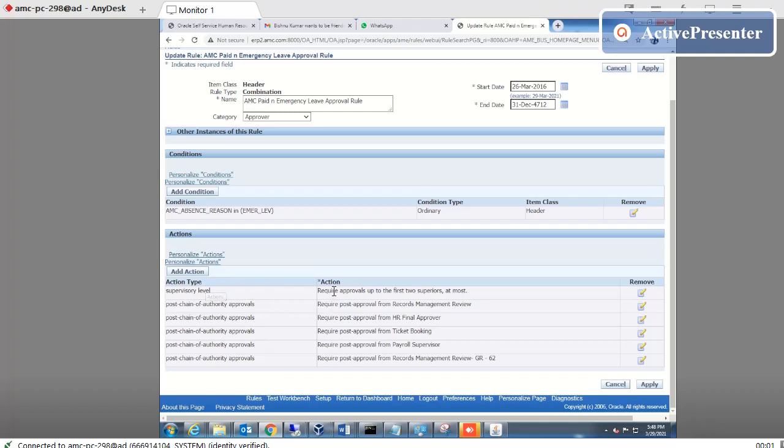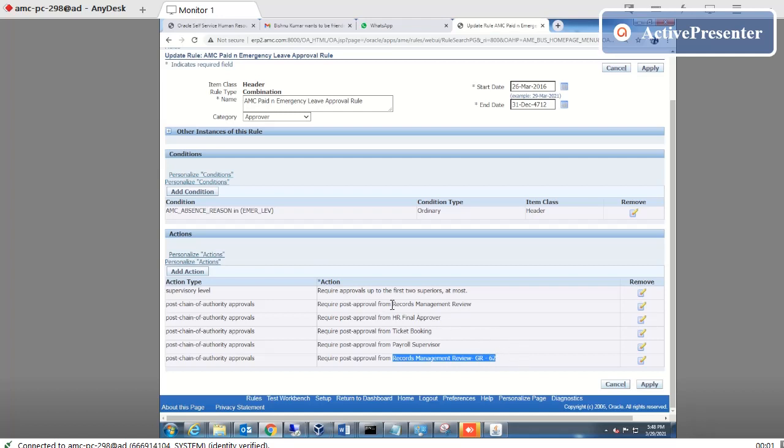So first of all, it will go to the supervisor. I already told you that the first two supervisors are required. Again it will go to the record management, and then to HR finance approval, ticketing, payroll, supervisor, and after that record, after the passport section.